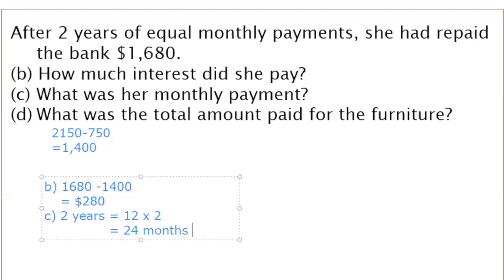So we're going to find out. And so she paid $1,680 equally over the 24 months. So I'm going to do $1,680 divided by 24. And when I divide that out, my answer is going to be $70. So we know that for each month, for 24 months, she paid $70 until she had finished paying off her